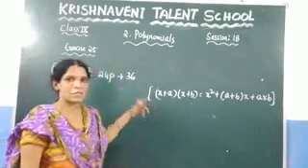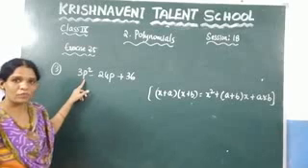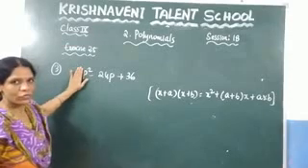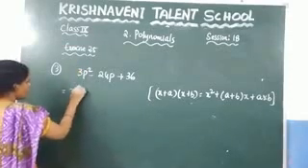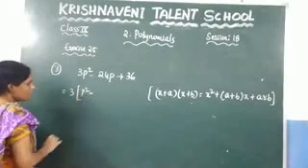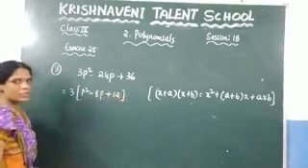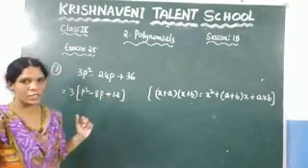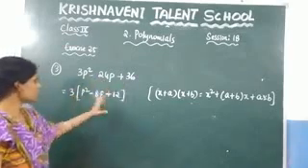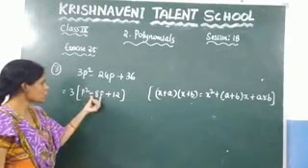So if we want to express this in the form of the identity, what do we need to make? We need to make the coefficient of p square as 1. To do that, you need to take this 3 out. So let us take 3 as common in this whole expression. Here what will it become? It will become p square minus 8p plus 12. You are just dividing by 3 throughout this expression. So 3 by 3 is 1, 24 by 3 gives you 8, 36 by 3 gives you 12.